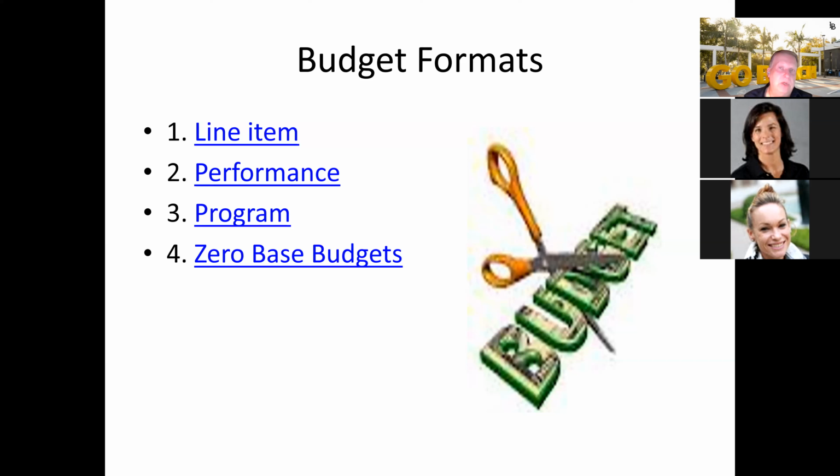And then zero-based budgeting, probably the most time and resource intensive of all 4, but it is a good planning tool because it requires we go back and re-justify what we are doing every single year. Because zero-based budgeting is so time and resource intensive, when governments do zero-based budgeting, they usually do a modified version of zero-based budgeting. And the most common type of modified version of zero-based budgeting is what we call an 80-20